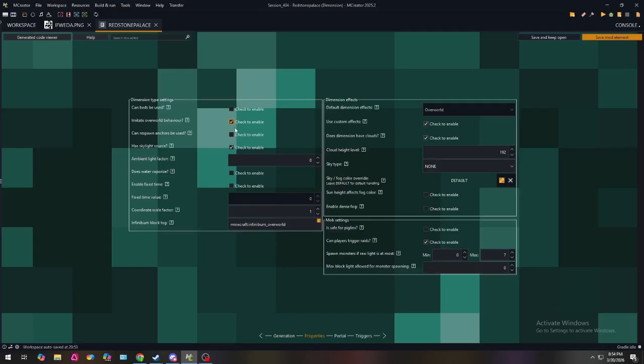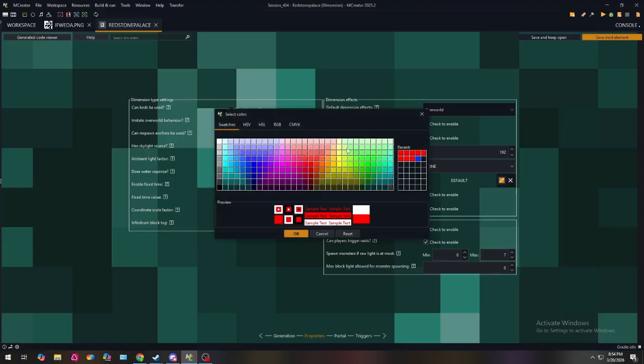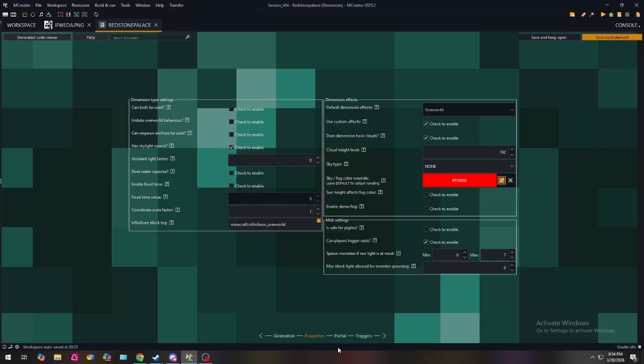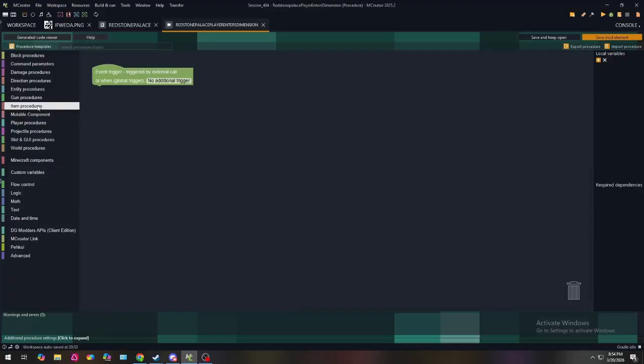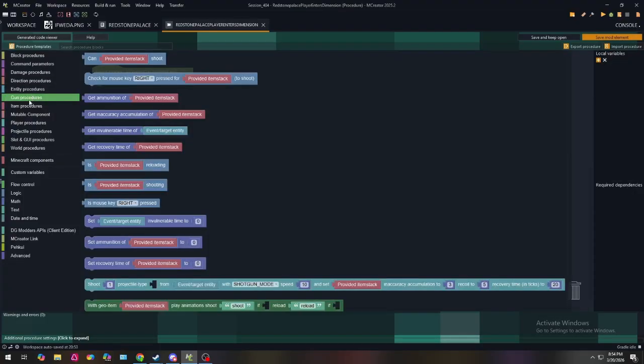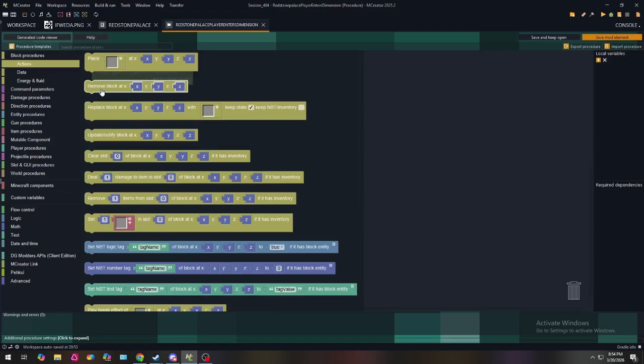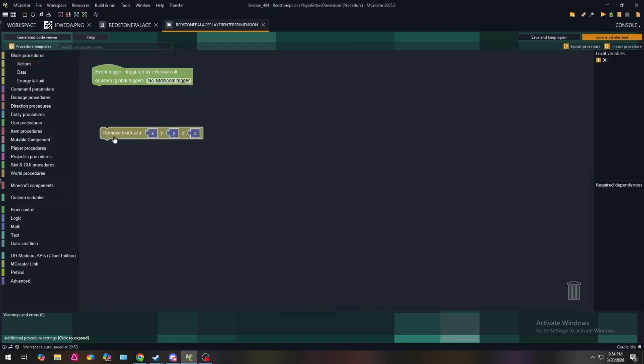Not gonna let beds. Imitate is just so weather and creatures spawning. I'm not gonna allow that. Skylight, sure. I'm gonna set the fog to red. I'm gonna get rid of that, and when player enters dimension, I am going to